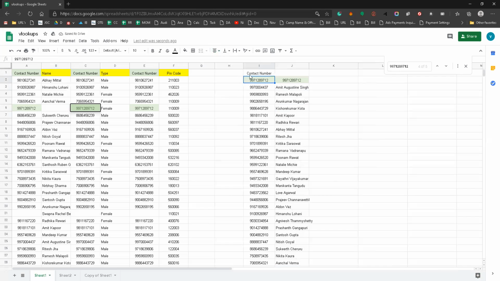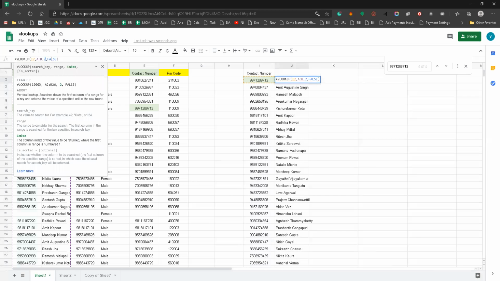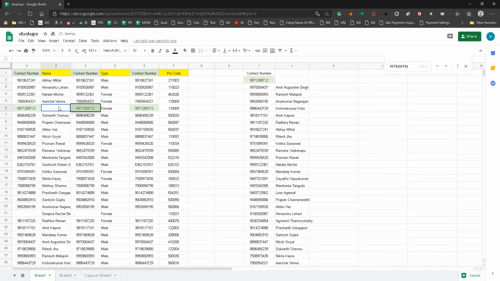Currently when we put 1 here, it directly matched the mobile number here and printed the mobile number. VLOOKUP is saying in column 1, so in column A there is a mobile number of the same kind. If we keep a 2, then it will match to the beside column where data is available. If I remove it here, data is not available here. If I print anything here, it will copy the printed data here. Accordingly we can fetch different columns.